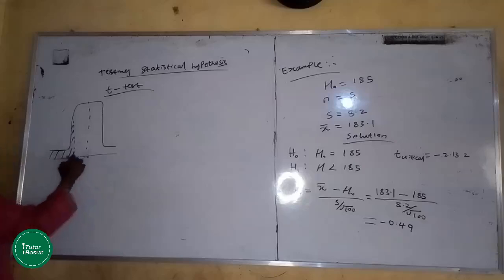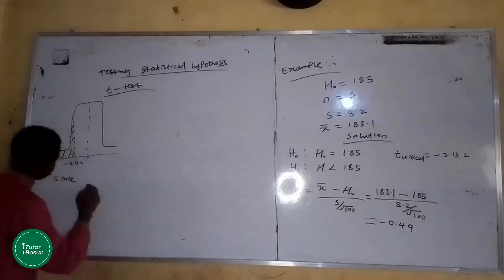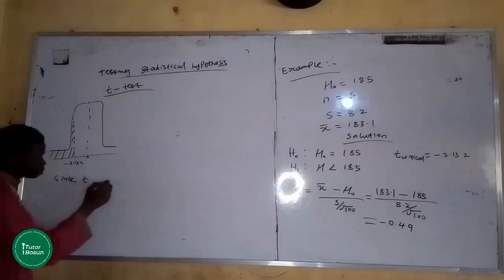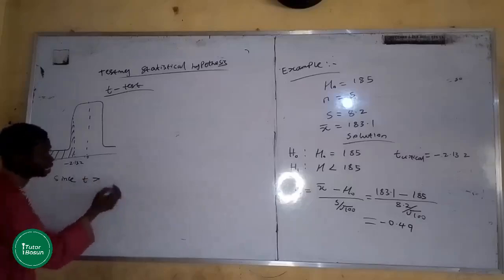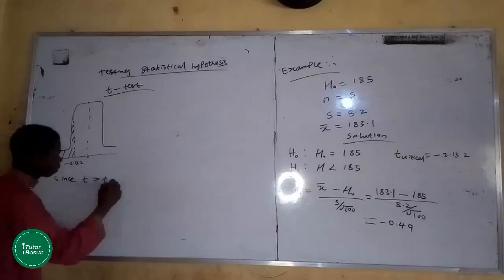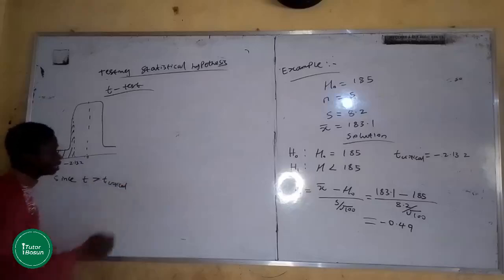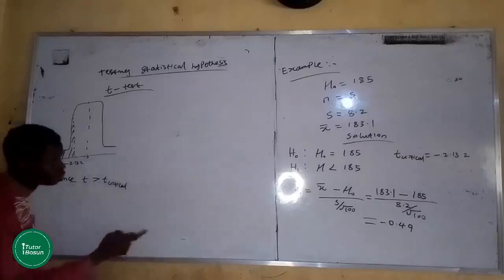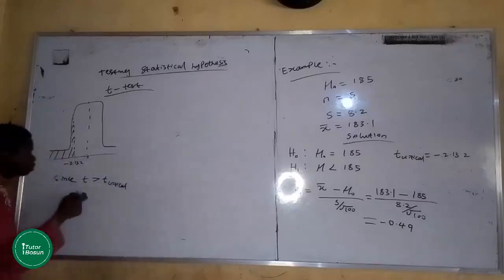So automatically it doesn't fall within this range. So since t calculated is greater than the critical t, that is minus 0.49 is greater than minus 2.13,